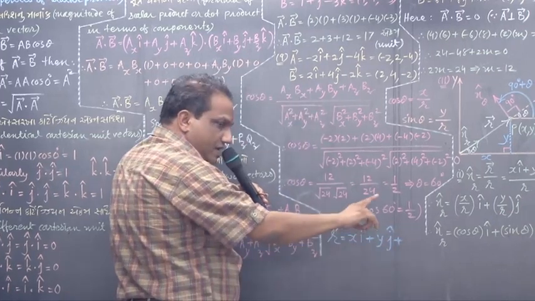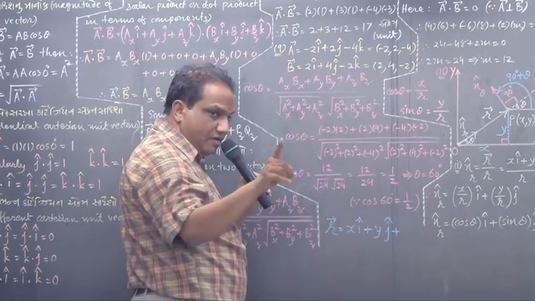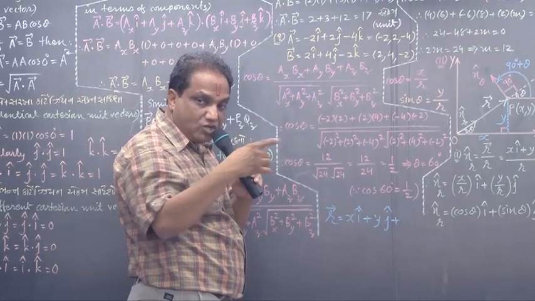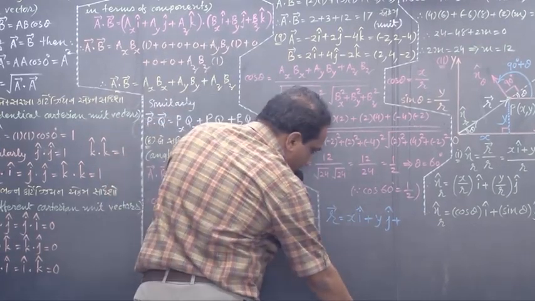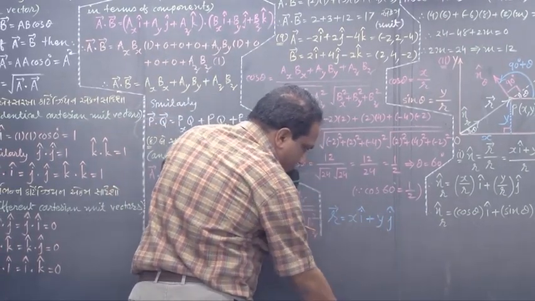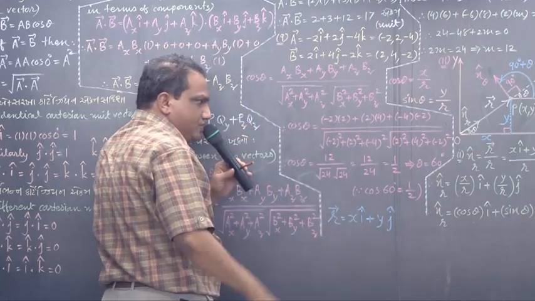That z k hat you will write in the third dimension, I mean in 3 dimensions. Right now it is a case of 2 dimensions. So stop this addition at the second term only. So it is x i hat plus y j hat.